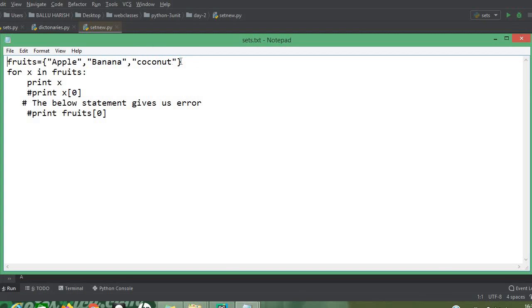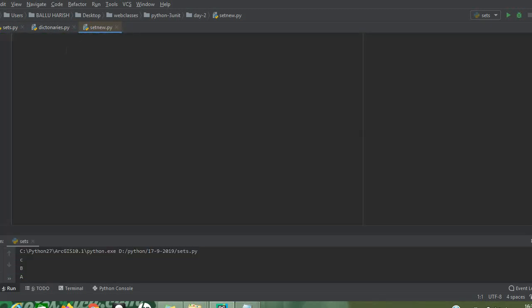In this first line, if you declare fruits equal to apple, banana, coconut, all these three, apple, banana, coconut, are values and fruits is a variable.